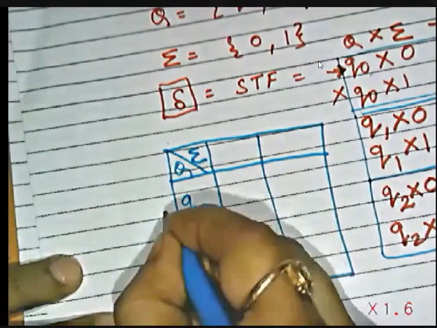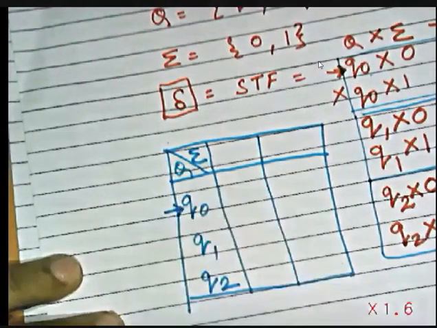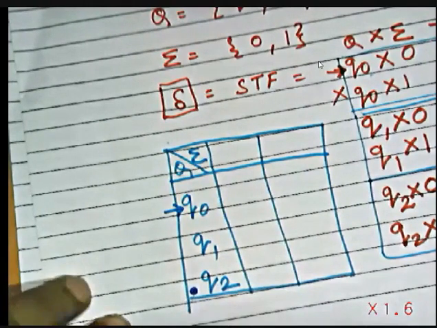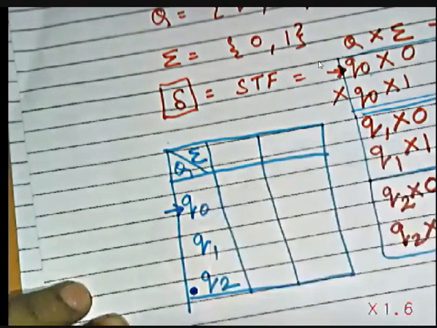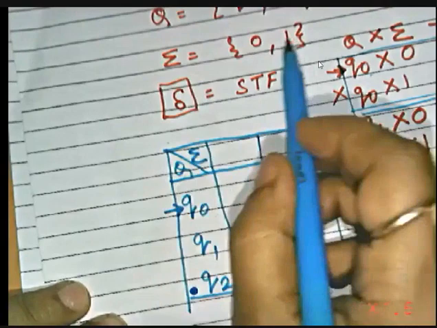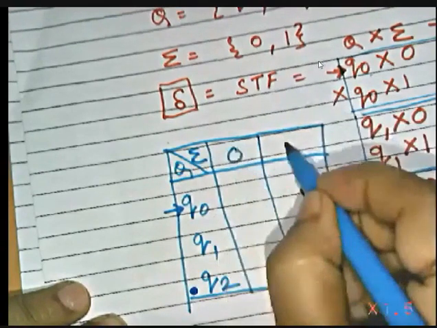Now there is a special indication to special states. Q0 is acting as initial state and Q2 is acting as a final state, right? So this is clearly indicating in a given finite automata which are the initial and which are the final states. Generally initial state is a single state, but there can be multiple final states. Is it clear? Here I am having summation as 0 and 1. So I am writing here 0 and 1.